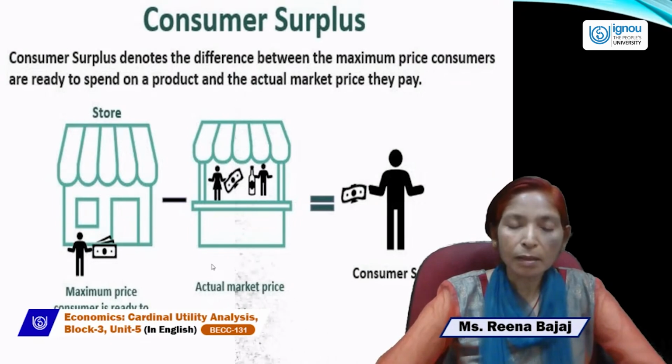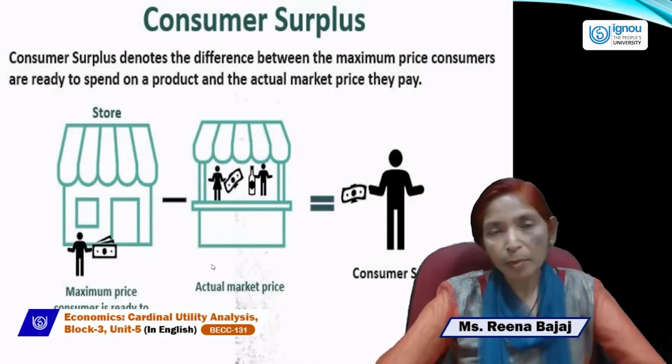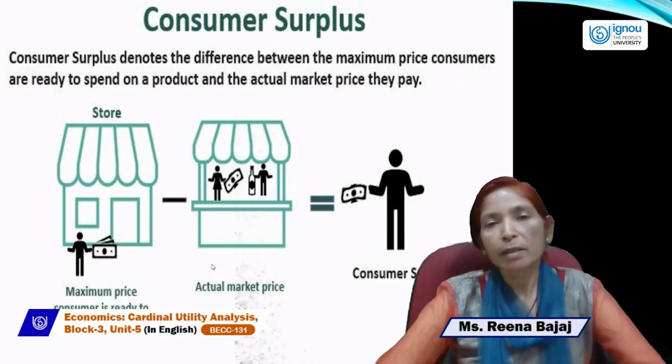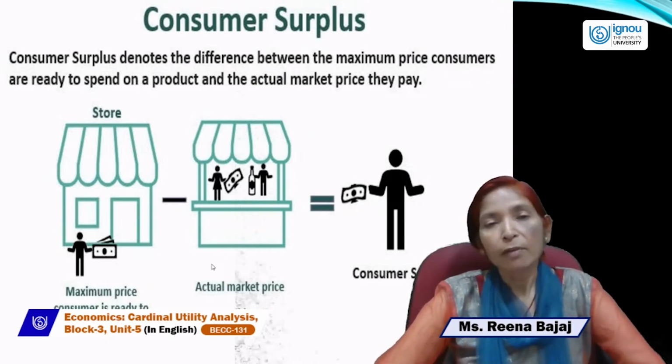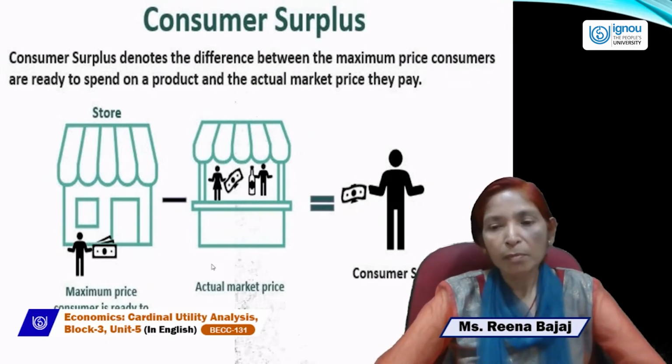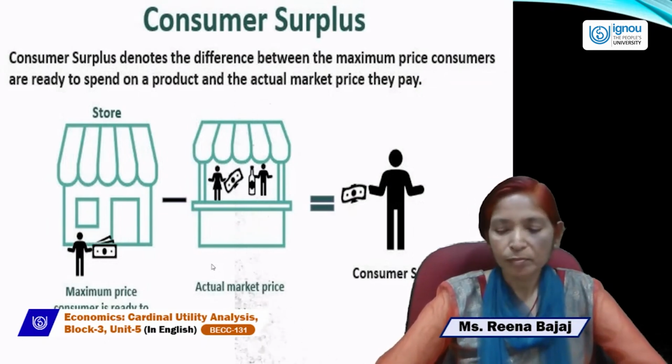And when he is willing to pay 4 and the actual price is also 4, then consumer surplus will be 0. So consumer surplus generally arises when the consumer is willing to pay more but actually pays less. Now next is,